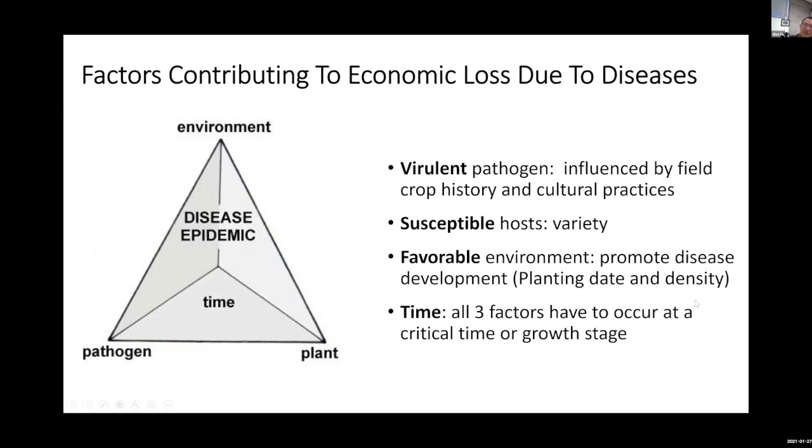And also you have to have a favorable environment to promote the disease development. For example, if you plant too early, if you have a cold, rainy spring, you could get seedling diseases. And if you plant too densely, it may create a microclimate later in the season, promoting some fungal